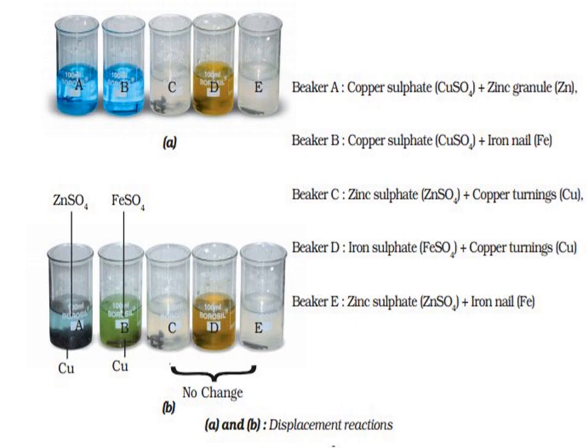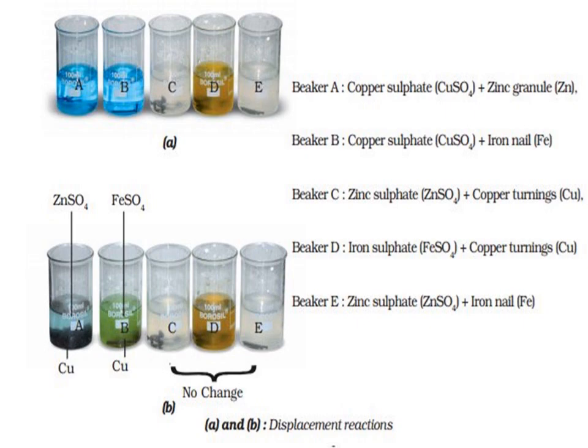So after an hour, what we will observe is that in the first beaker, in which we have kept CuSO4 plus Zn granules, it will happen as we have studied just now: the solution will start becoming clear and there will be a red mass of copper. Fine. So what will be the reaction? This is the displacement reaction. Copper sulfate plus zinc will give ZnSO4, that is zinc sulfate, and copper will get separated.